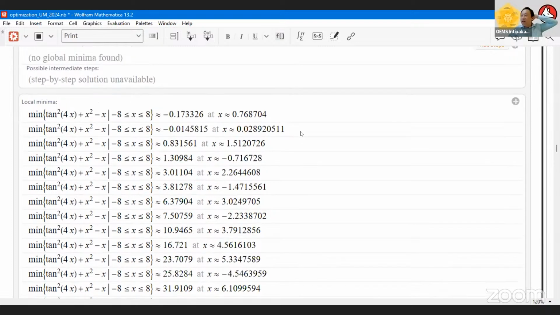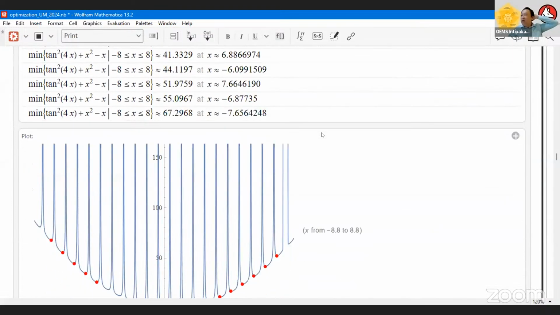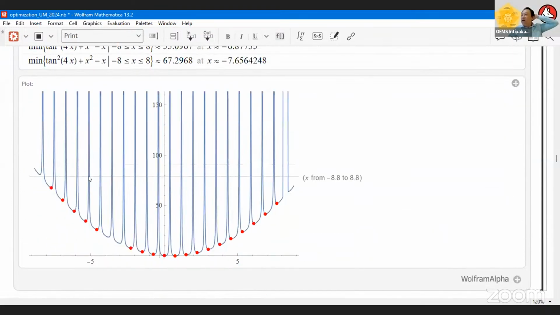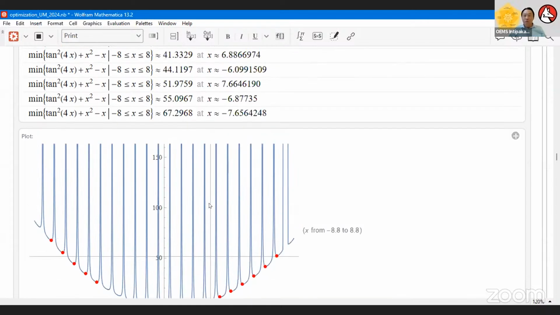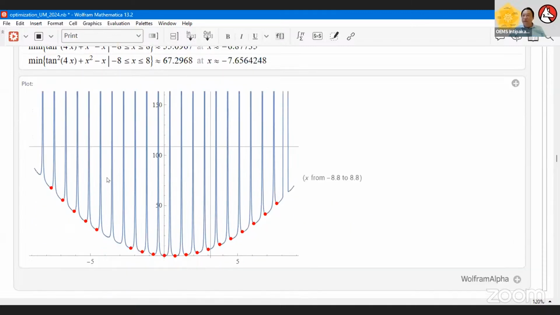It so happens this one can't be found. It's okay, we leave it now. We see the whole output here. You will find that from -8 to 8 here, compared to what we came out with earlier, where we said this is the entire global optimum, it is searching for all the local optima, for every turn of the curve. It's interesting enough. We want to look for the global optimum of this particular function, but it gives you a local optimum for every turn of the curve.